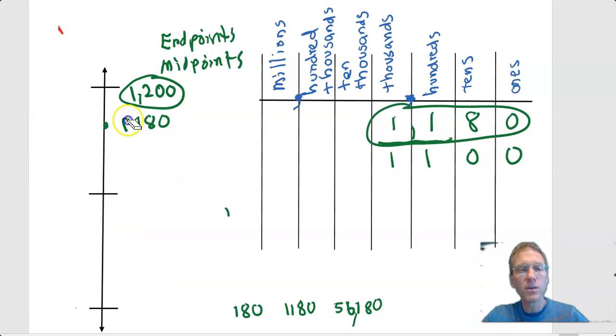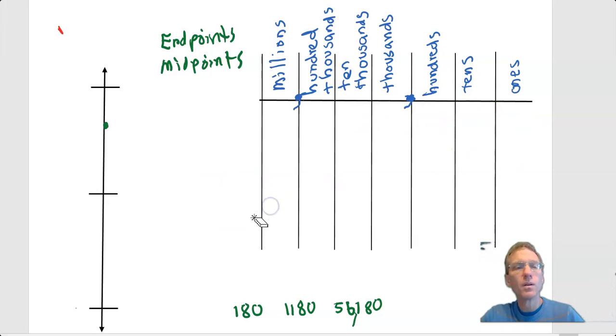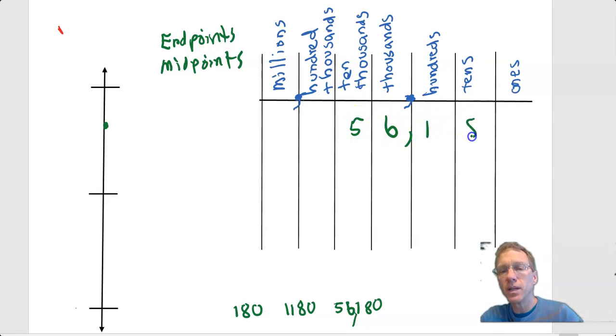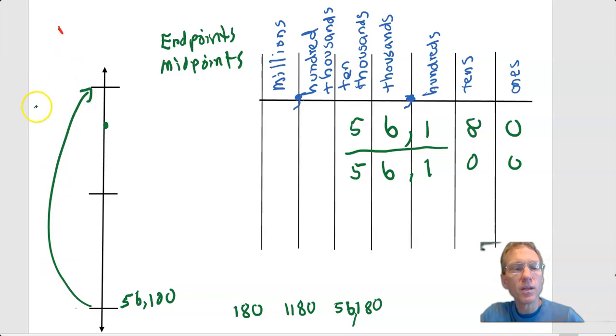Okay, I'm just going to clean up mine, erase it. And I'm going to be rounding 56,180. Okay. Again, I'm only interested in the digits up to the hundreds place. Digits below 100, the whole purpose is not to worry about them. So my first endpoint, 56,100. I am rounding to the nearest hundred, so each endpoint is 100 away, or this jump is 100. 56,100 plus 100,